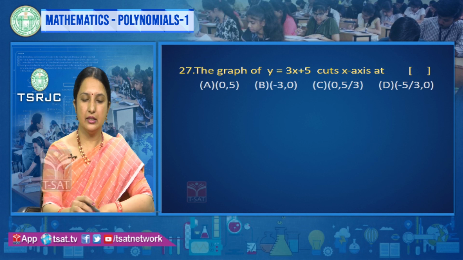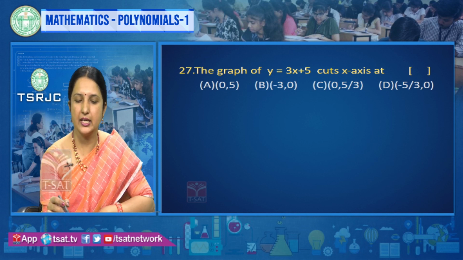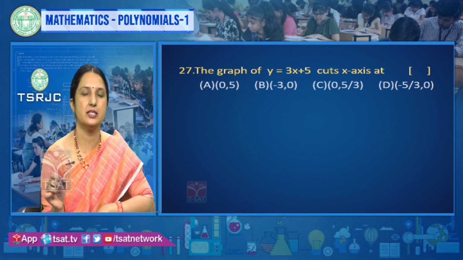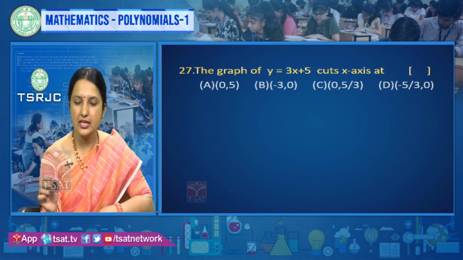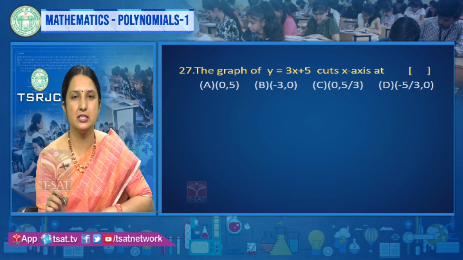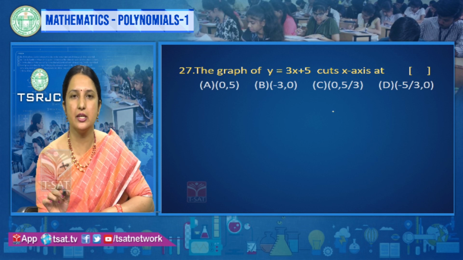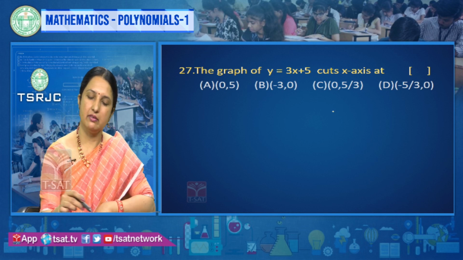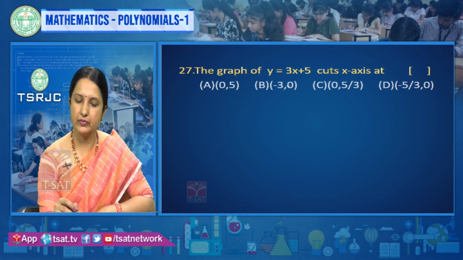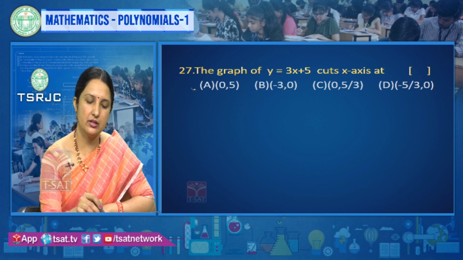Next, the graph of y equals 3x plus 5 cuts the x-axis at. So on the x-axis, what is y? 0. Always on the x-axis, y value is 0. So here, where do we have y as 0? So if x is 0, then that